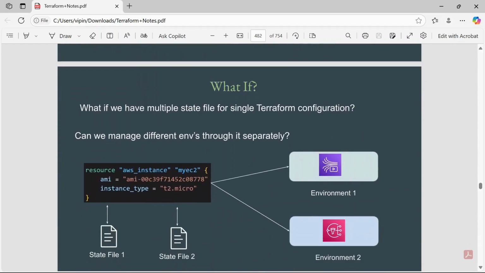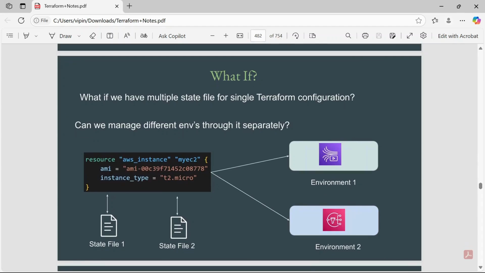So what if we have multiple state files for a single Terraform configuration? Can we manage different environments through it separately? I just wanted to discuss this point. Suppose we want one single Terraform configuration file and different state files for managing different environments.